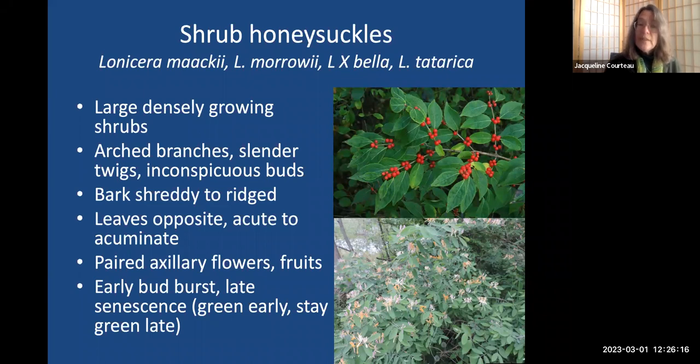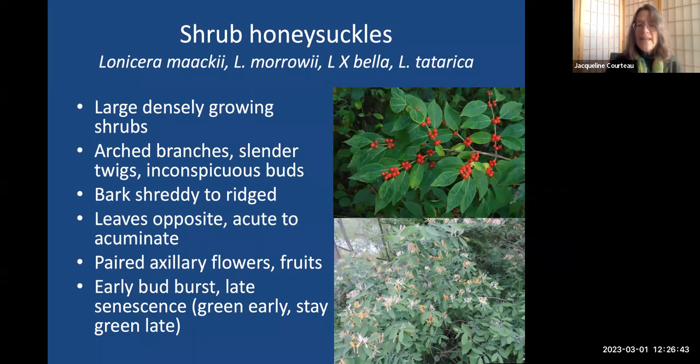On all of them, the leaves are opposite, and the leaf shape is roughly elliptic, but on Maackii, it's acuminate, that is, a long pointed tip, whereas the others tend to be more acute or almost a bluntly pointed tip, depending on the species. There's some differences, again, in the leaf shapes and also in the hairiness of the leaf surfaces,